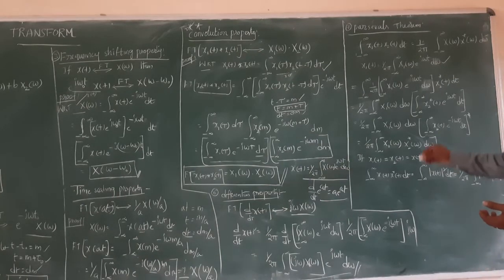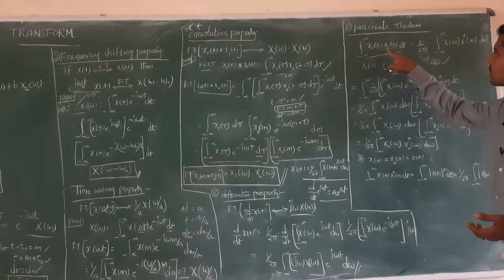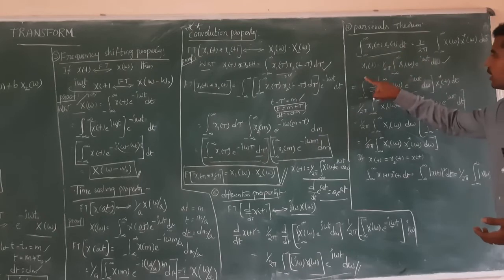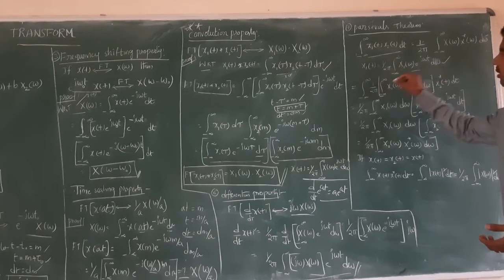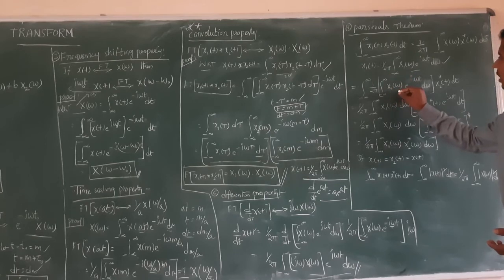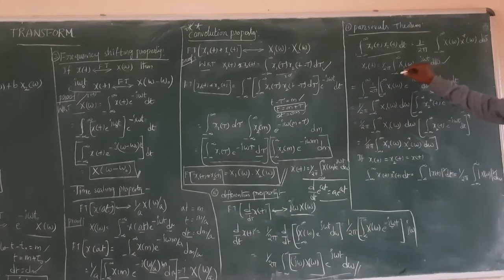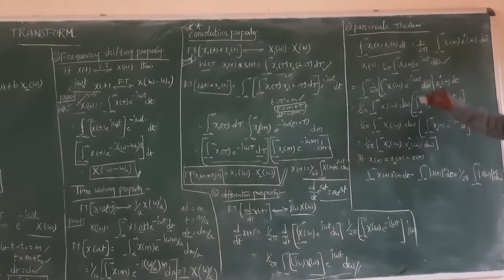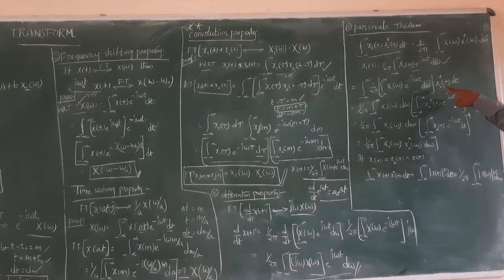Next thing, now you have to consider, this is a statement actually, integration of x1 of t into x2 of t into dt. Therefore integral minus infinity to infinity x1 of t is equal to this one. Therefore I can replace this formula here, that is equal to 1 by 2 pi integral minus infinity to infinity x1 of omega into e power j omega t into d omega, guys. Next, the second one is nothing but x2 of omega, x1 of t, let us consider x2 conjugate of t into dt.